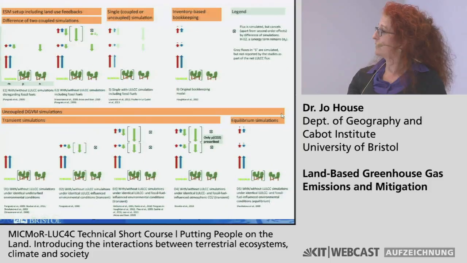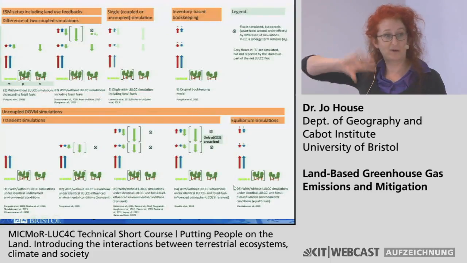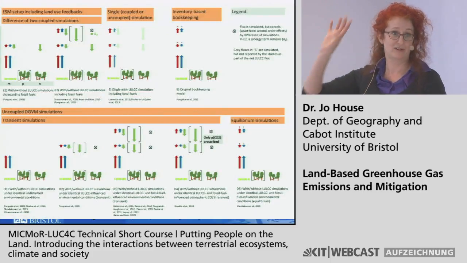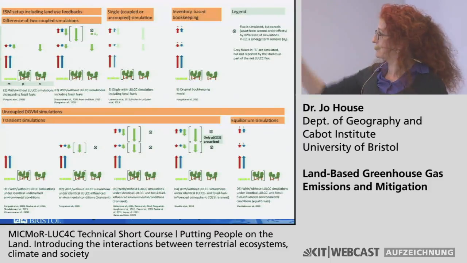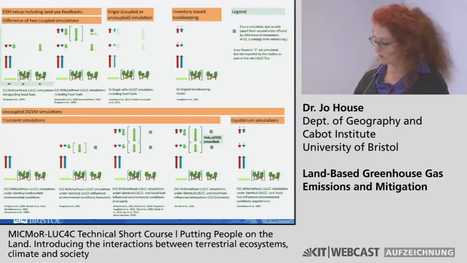And so what we find when we look across different methods, we've got the Earth system models, we've got the inventory bookkeeping model, and we've got DGVMs down here. This is where the majority of our DGVMs sit. You can see that some of them include different components of fluxes and some of them don't. And therefore, when we're looking at my horrible spaghetti diagram of everybody's different fluxes, you see why they're different. And actually, just those differences in methodologies can make as much difference as differences due to really different data sets and other things going on.